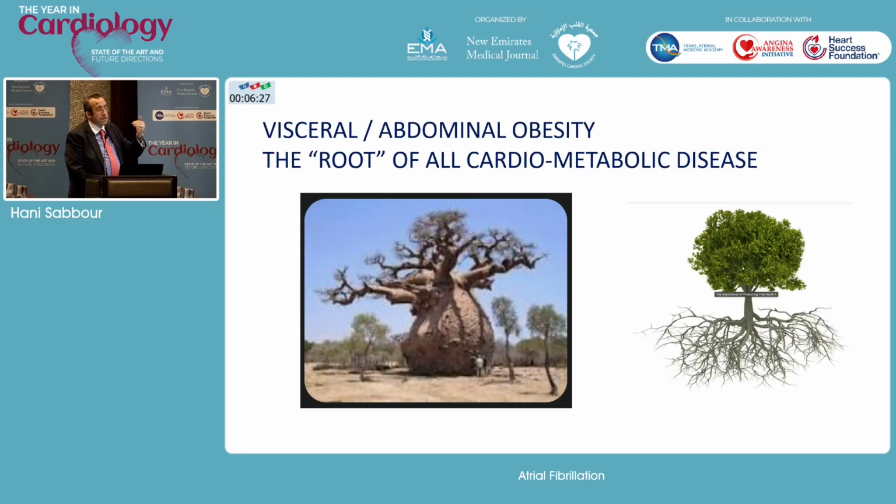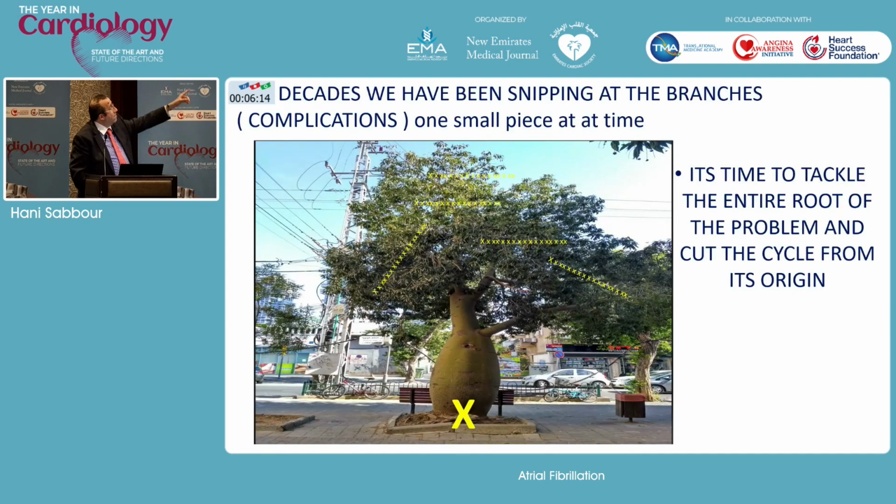So we're going back in history now, and this is how you prevent cardiovascular disease. This is a big fat tree. It's called the baobab tree. It's actually native to Oman, where I just was at. And if you think about it, if you cut the problem at the root, you avoid having to deal with all the branches. AFib, heart failure, right? CKD, CAD, all of this.